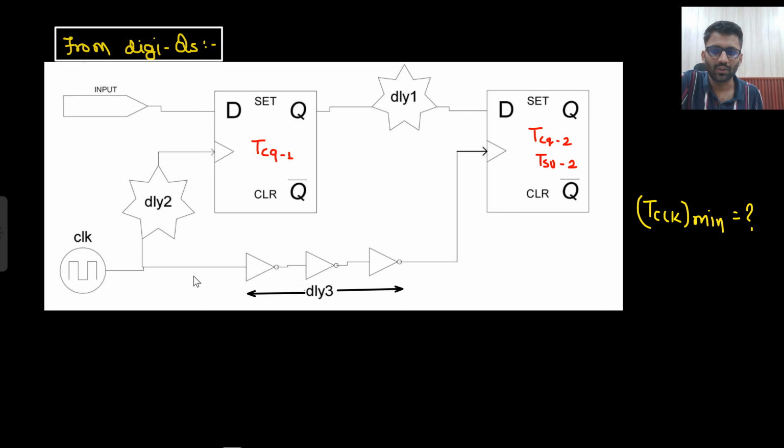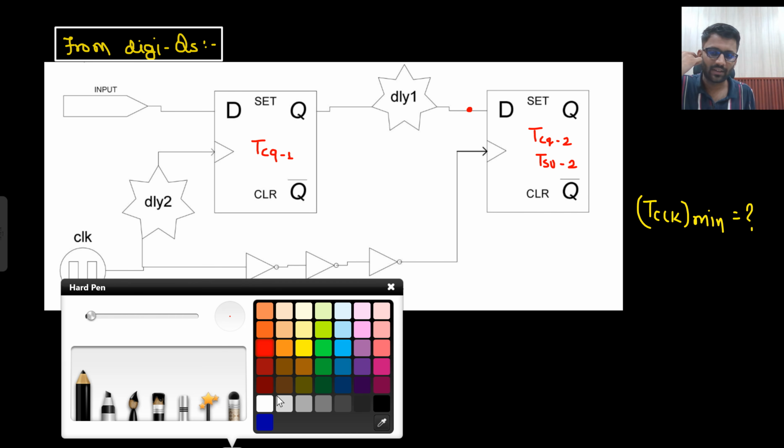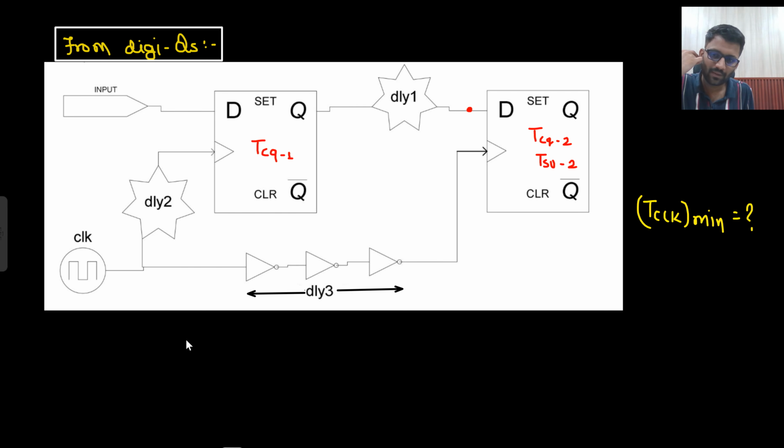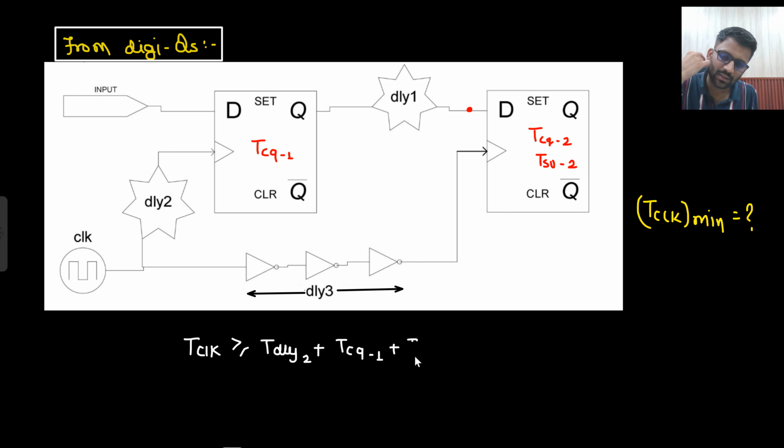You will say, sir, I will walk from here to here and see when my input is stable, because here the input is already stable. I need to look at this input only. I can go from flop 1 to flop 2. So first I can start writing my T clock. T clock should be greater than T dl by 2 plus TCQ1 plus T dl by 1,